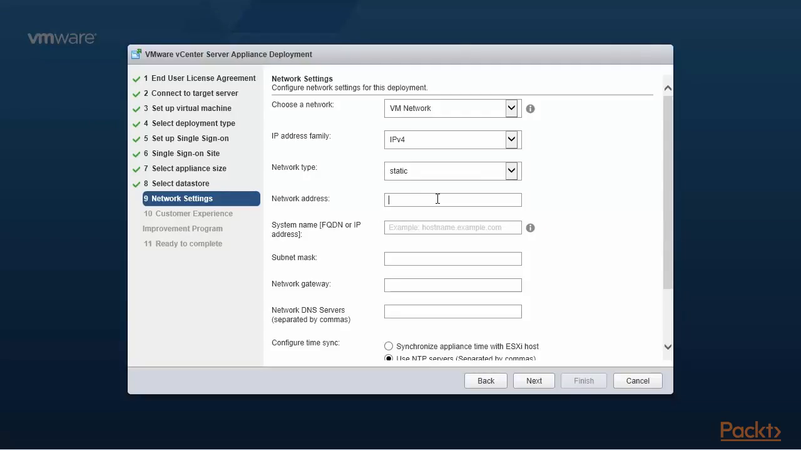The network address of my second platform services controller is 192.168.0.82. I'm going to give it the same name, 192.168.0.82. The subnet mask is 255.255.255.0. My network gateway is 192.168.0.1, and my DNS servers are 192.168.0.1, 192.168.0.222, and